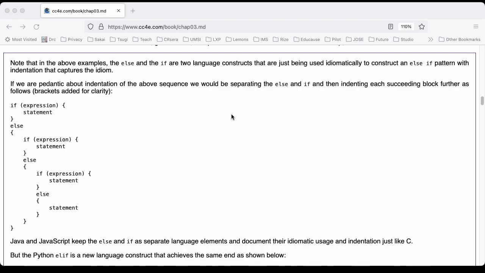if (expression) { statement } else { if (expression) { statement } else { and now we're quite indented at this point, if (expression) { statement } else { statement } } }